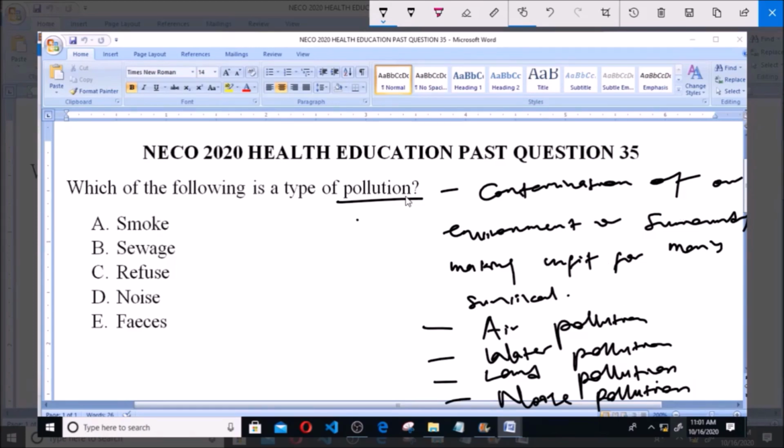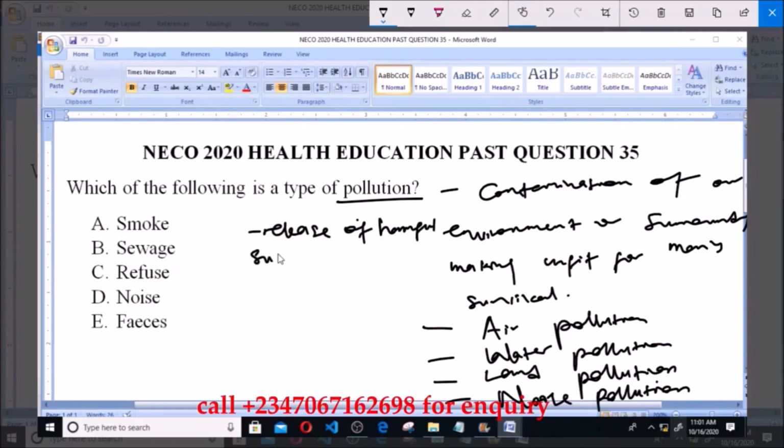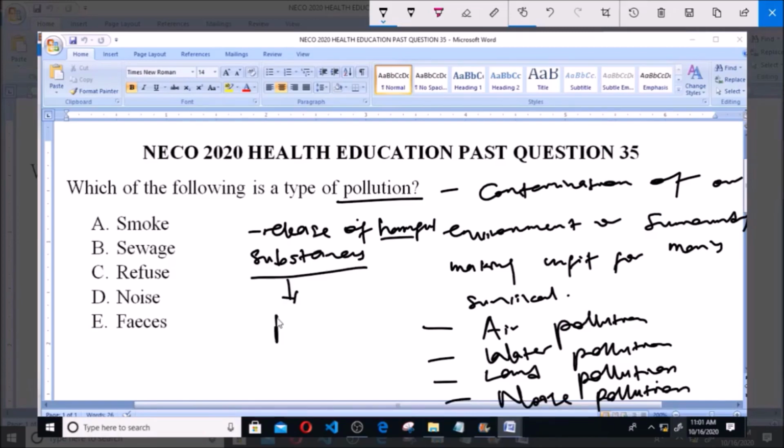Pollution is the contamination of the environment. That is, when we say contamination of the environment, it refers to the release of harmful, toxic substances into the environment. Now these harmful substances that are released into the environment, which cause pollution, are what we call pollutants. Examples include the smoke that causes air pollution, sewage that causes water pollution, refuse that causes soil or